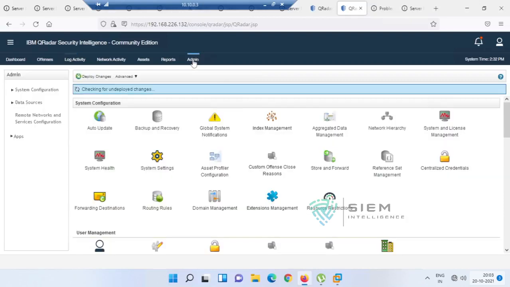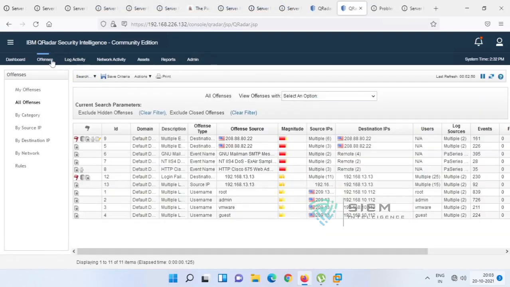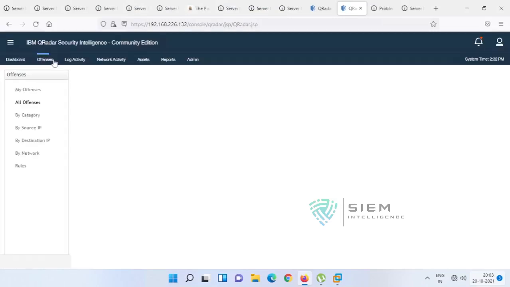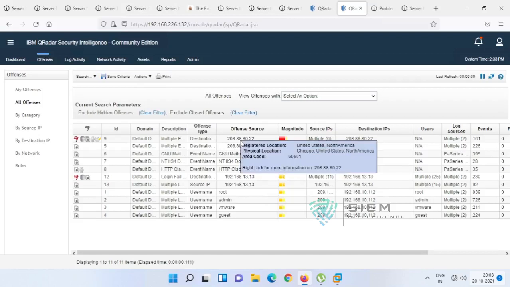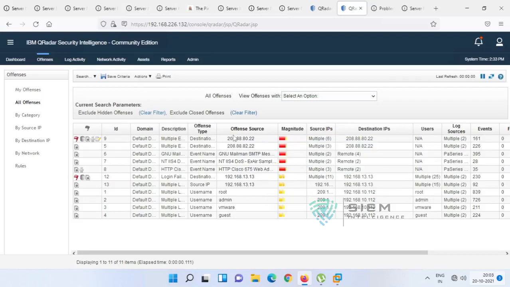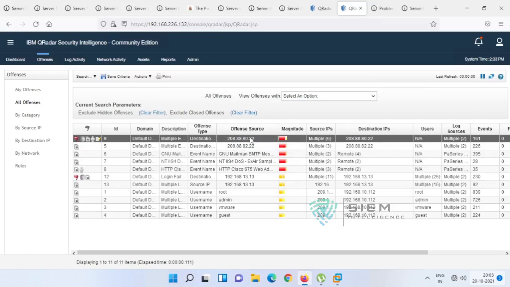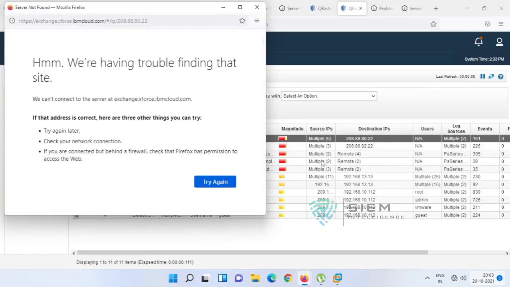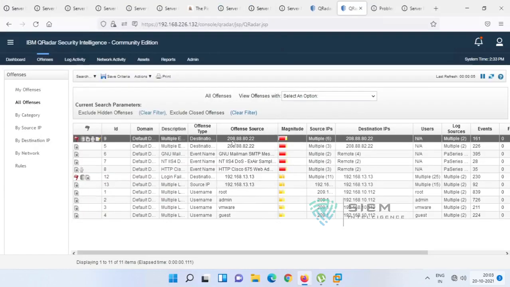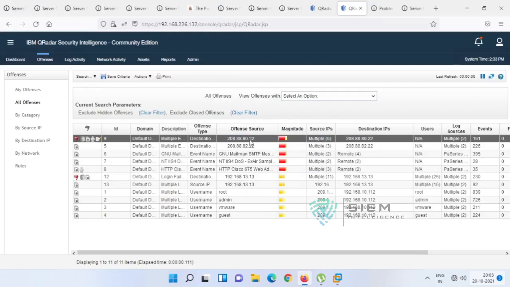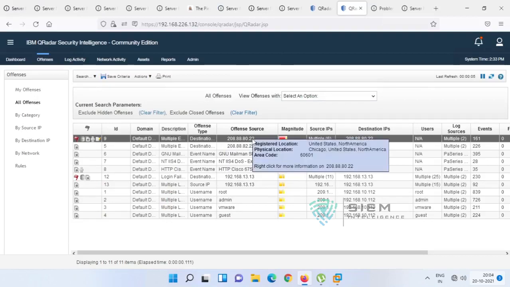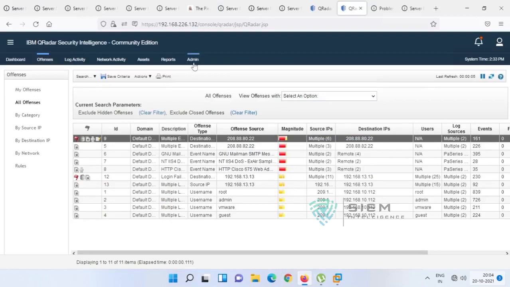Yeah, it's done. Once you do the refresh, now it's gone. See, it's gone, and if you mouse over, it's gone. That particular geography, that particular map, is gone. Like that you can do whatever you want. If you want a flag, you can bring it out. If you want to see that particular map, you can see it. If you want some extra features, you can add and delete them from system settings only.